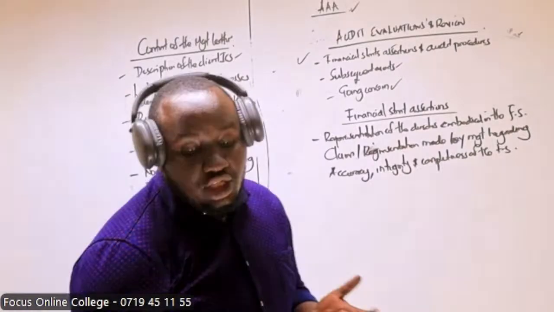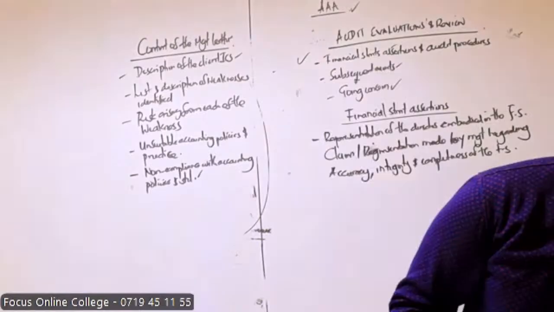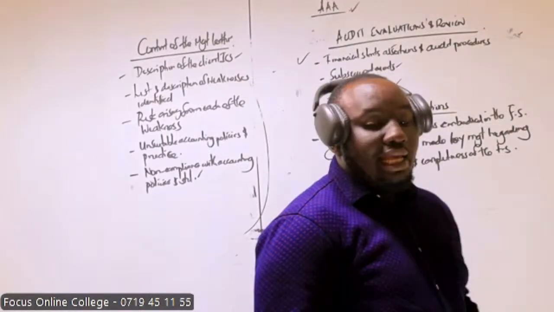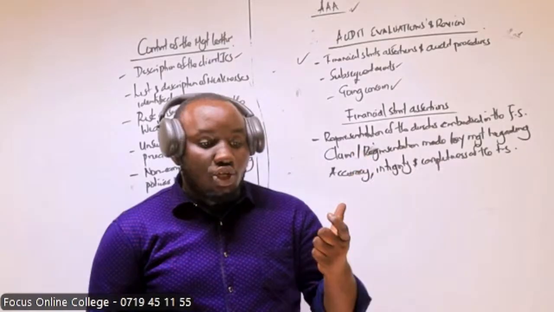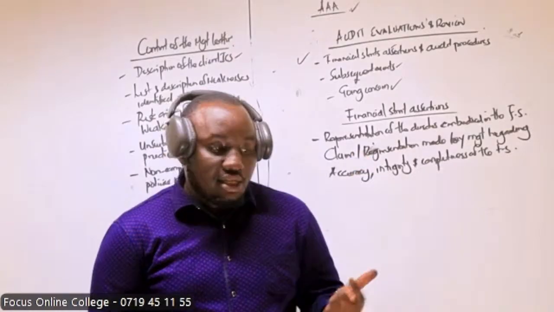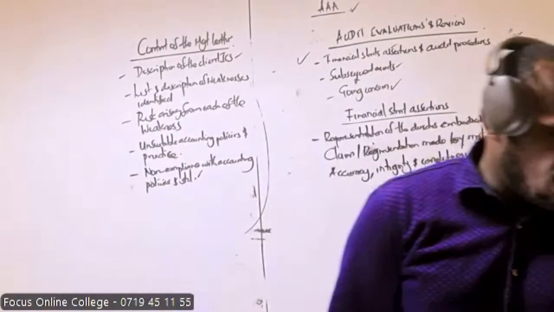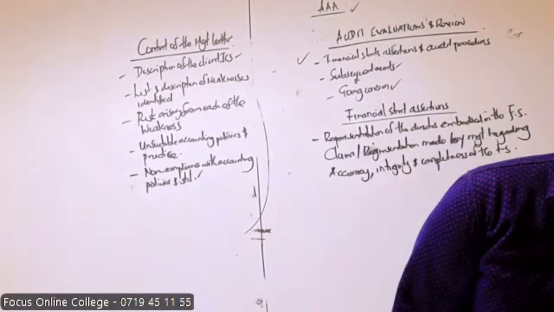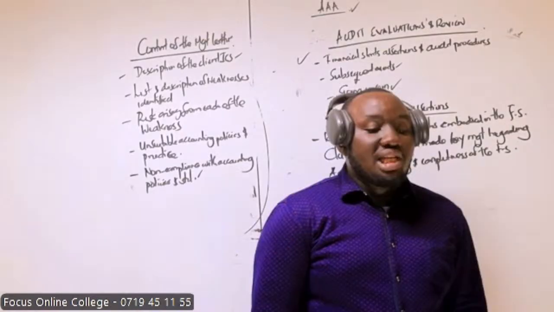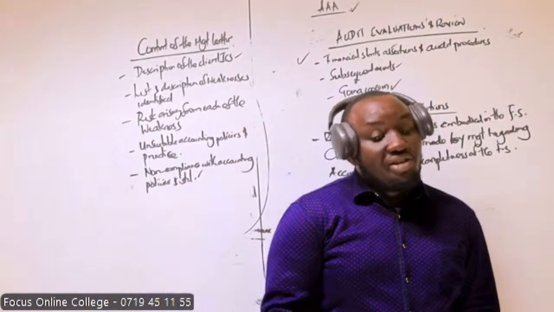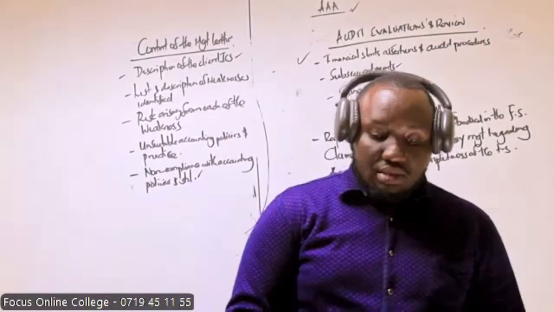We can have assertions altogether. For example, assertions regarding the asset. How do you prove existence of an asset? For example, assertions in relation to the fixed asset. How do we prove the existence of an asset? Who can try? By physical inspection, you simply do a physical inspection. Are we together?